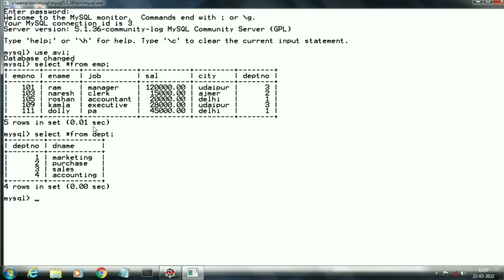It is a foreign key in the EMP table and a primary key in the DEPT table. Here in the EMP table we want to find the name of the employee who is getting the minimum, lowest salary. Here you can see that Naresh, who is a clerk, is getting the minimum 15,000 salary.